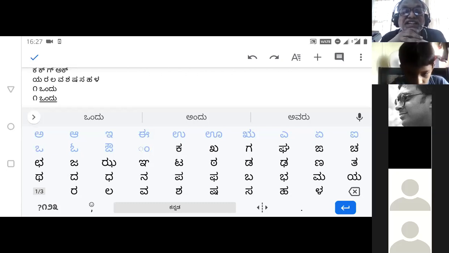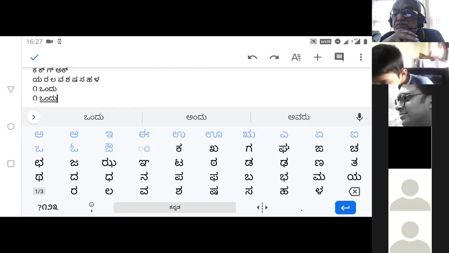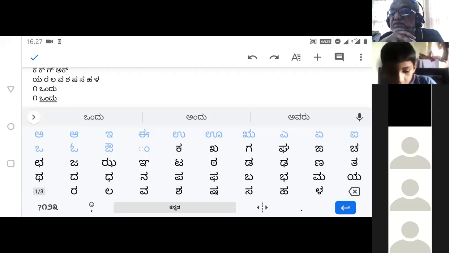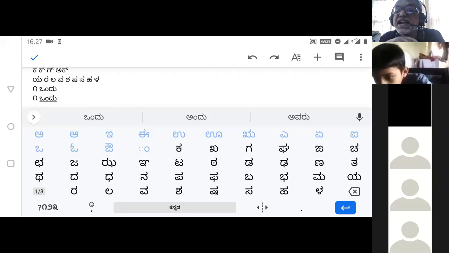It'll be nice to get some voice feedback also. Hello, I'm writing in the notepad. I'm not able to type it. Why is that? What is the difficulty?